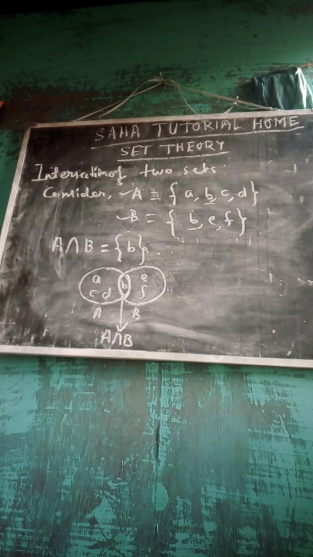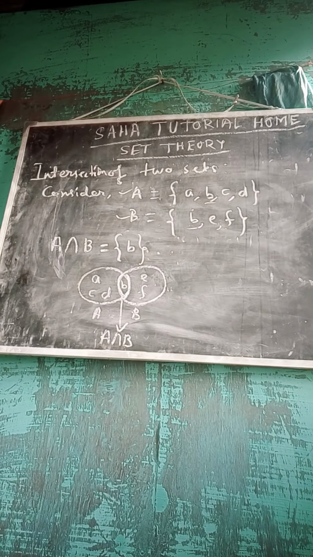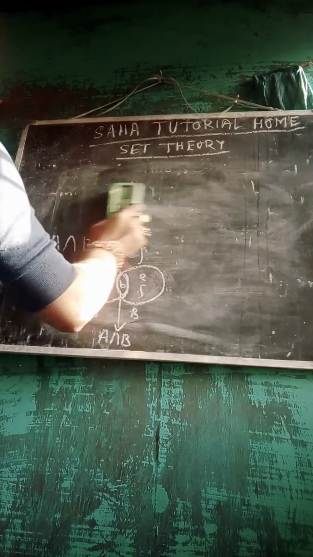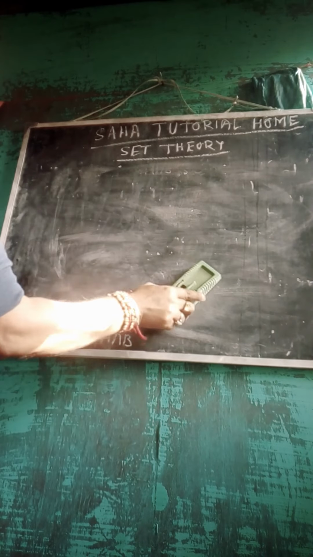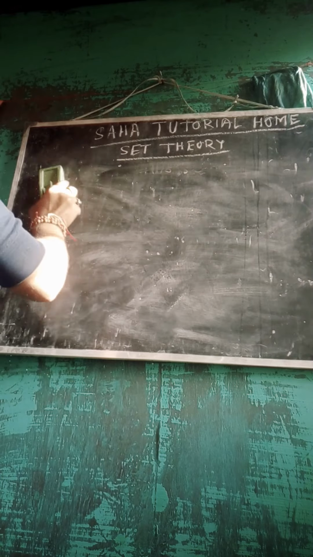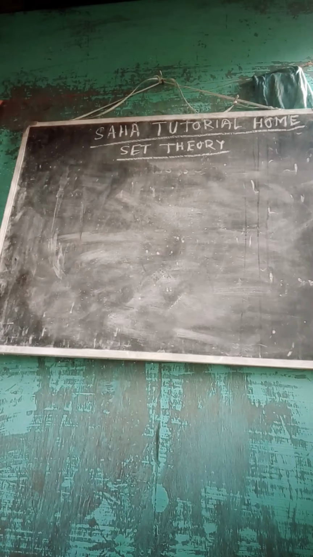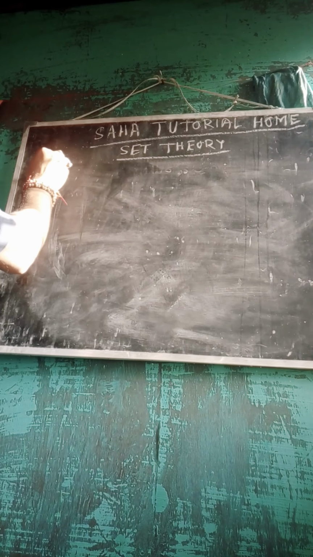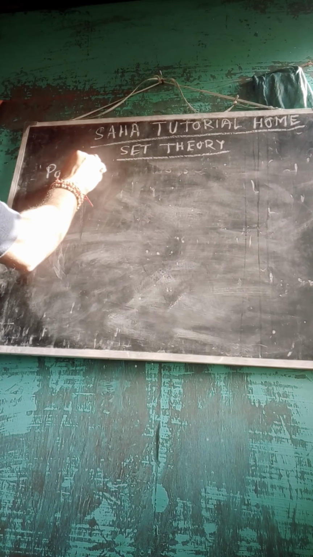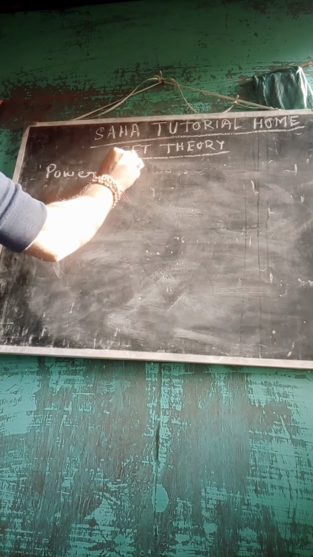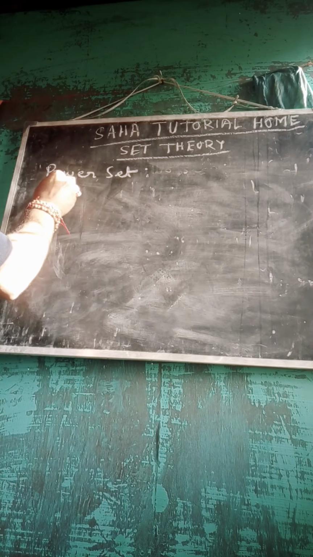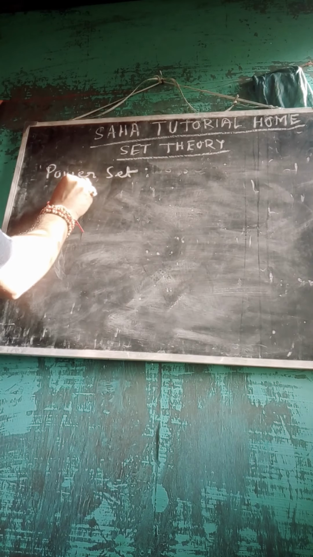In this way intersection is defined. We go into more properties, like what is a complement. We first discuss what is a power set. The important power set. Power set is, if you consider any set,